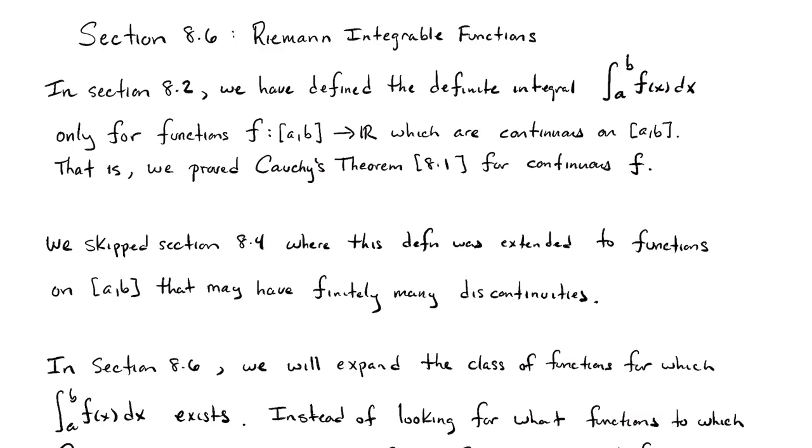Back in the beginning of Chapter 8, in Section 8.2, we defined what we mean by the definite integral. So its notation is over here, but we defined it only for functions that were continuous on the interval from a to b. All right. And when I say we defined it, what did we really do? We proved Cauchy's theorem. We proved theorem 8.1 that says if you have a continuous function on the interval, then